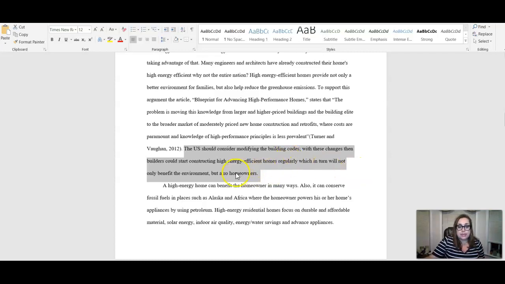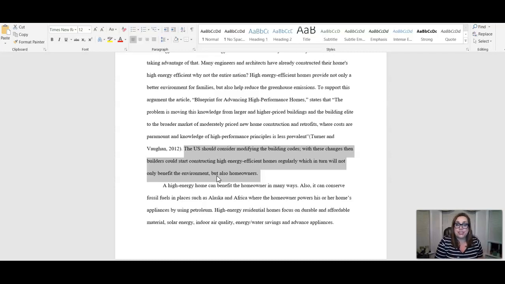So his claim statement reads, "The U.S. should consider modifying the building codes." So he's proposing this change. "With these changes, then builders could start constructing high energy efficient homes regularly, which in turn will not only benefit the environment, but also the homeowners." So he is telling us right here, and this is what you have to do with your proposal, what he is going to prove and what he is proposing as a change to solve the problem